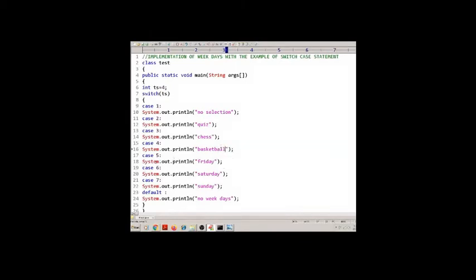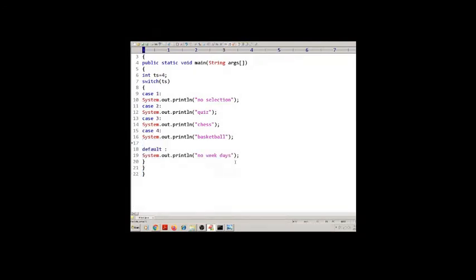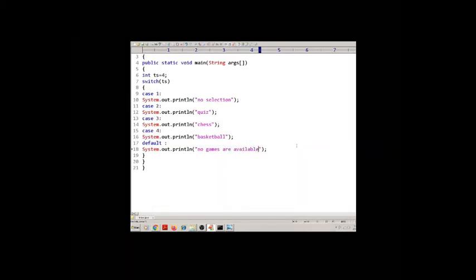And I just want to remove all the other cases, and in default I want to write: no games are available.